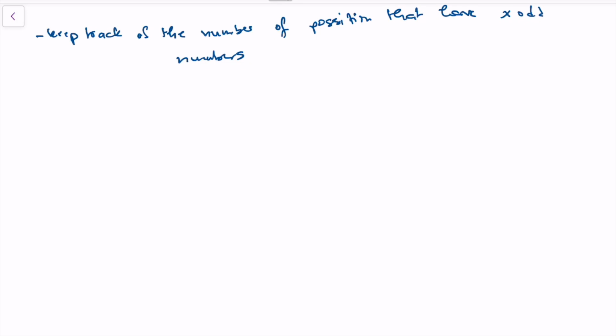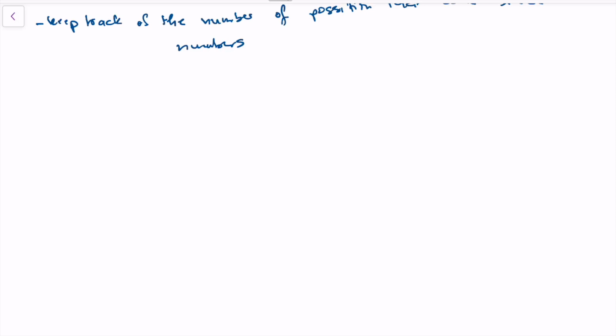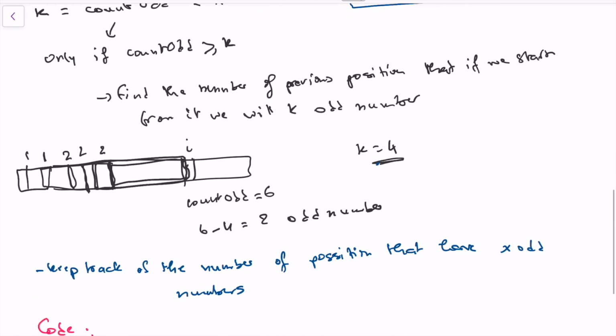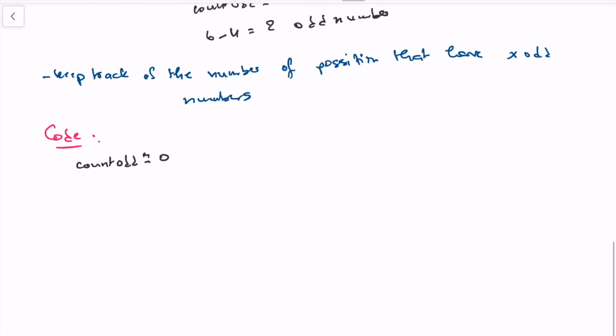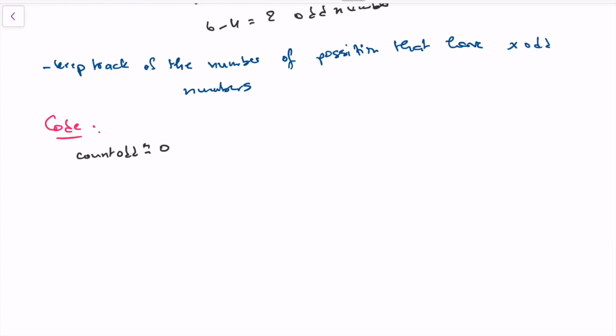So the code for that would look something like this. It would be really simple. We need a map, a prefix. So we need a couple of things, a couple of variables. So the variables that we need are counting the odd numbers so far, right? Which would start as 0. So this here would count the number of odd numbers. So let me just put the variable definitions here